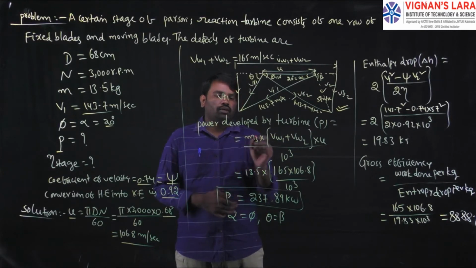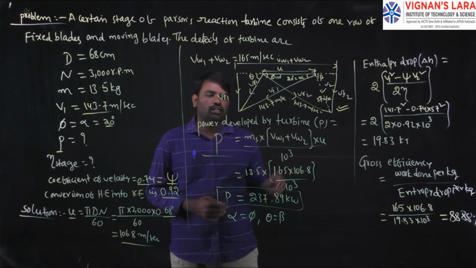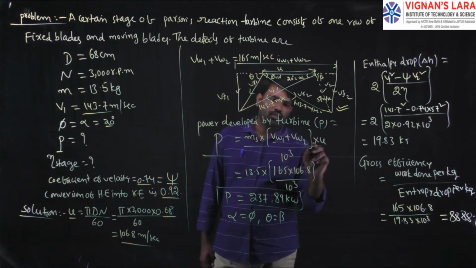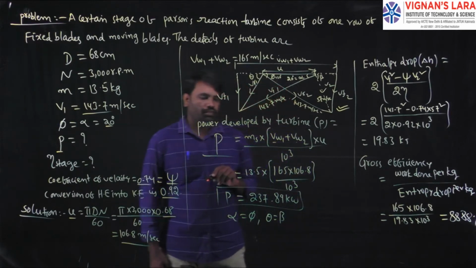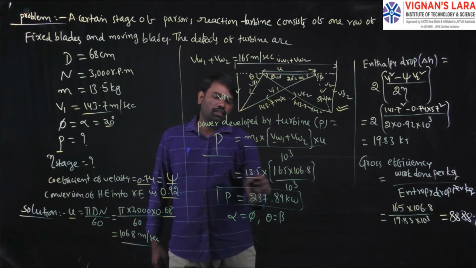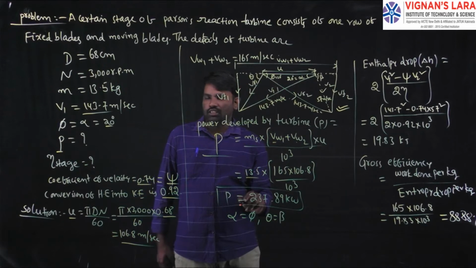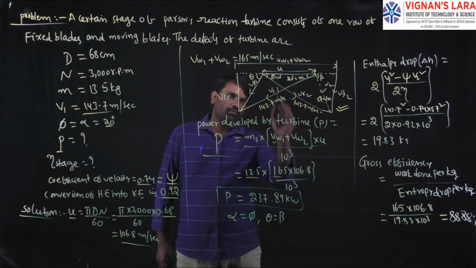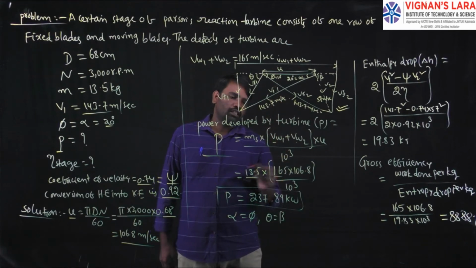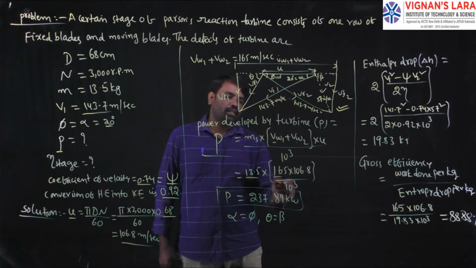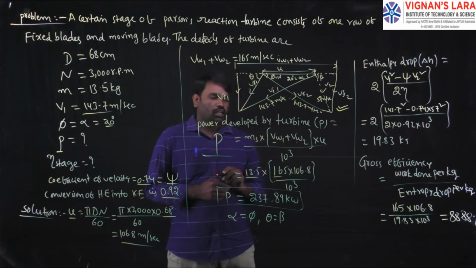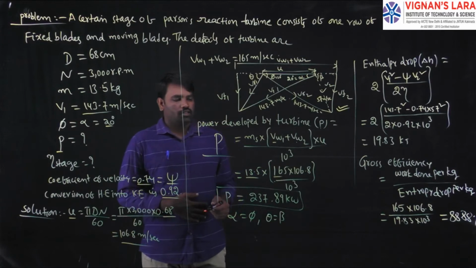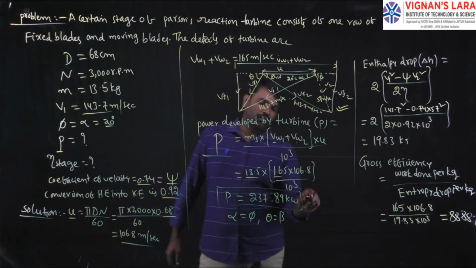The power developed by the turbine we have to calculate in this problem is mass flow rate of steam into (Vw1 plus Vw2) into u divided by 10 cube. The mass flow rate is 13.5, as given in the data, and Vw1 plus Vw2 from the combined velocity triangle is 165, into 106.8 divided by 10 cube. The u value also you have to substitute, that is 106.8. So the power developed by the turbine in terms of kilowatts is